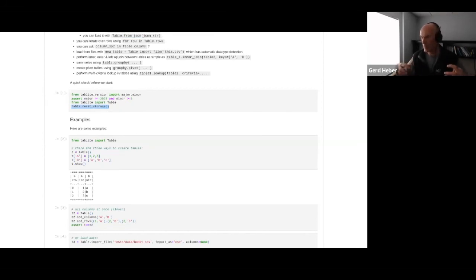For all the tables that you create, you can set the save property to true, and that will automatically ensure that when you close that session, the table will actually be stored, so that next time you import that module, all these tables are still available to you. So very convenient. And then, as we will see in a moment, these tables are actually persisted in an HDF5 file.